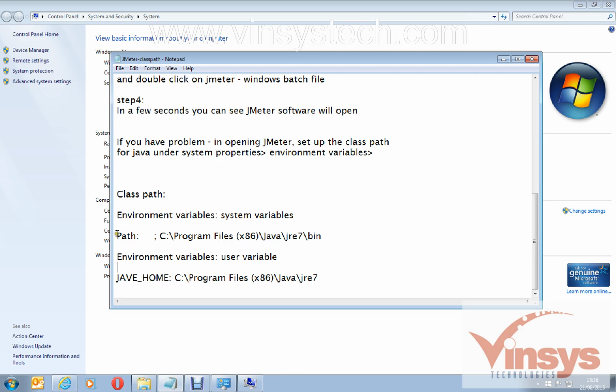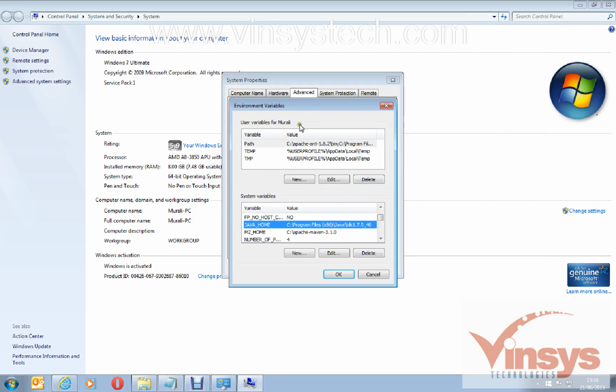Next you can find one more environment variable called Path under system variables. Don't get confused, you have user variables and system variables. Under system variables I have set up JAVA_HOME and given the path, and you can set up the path here as well.